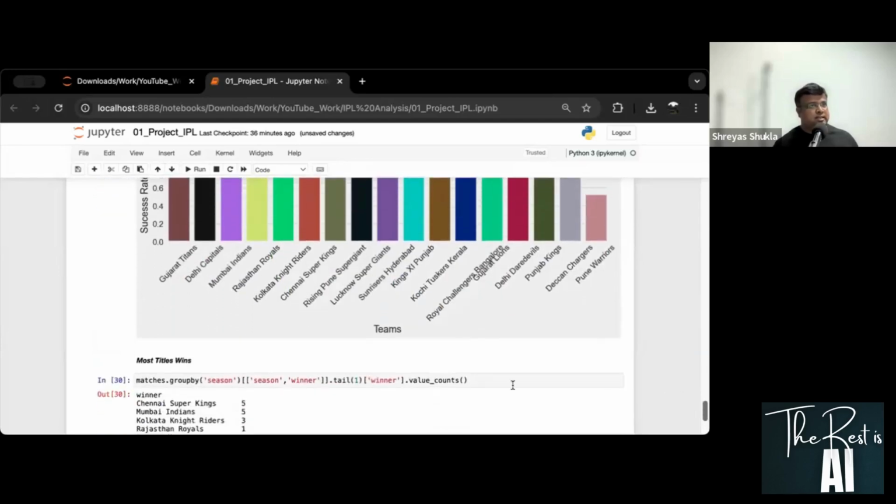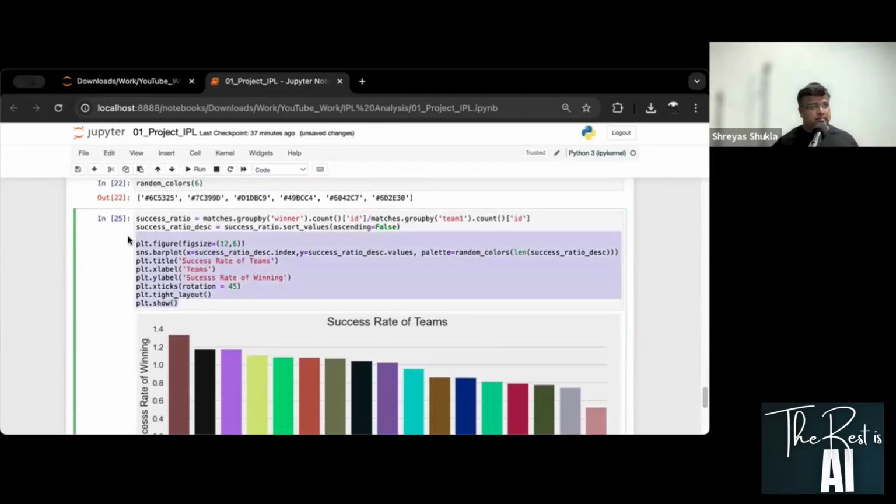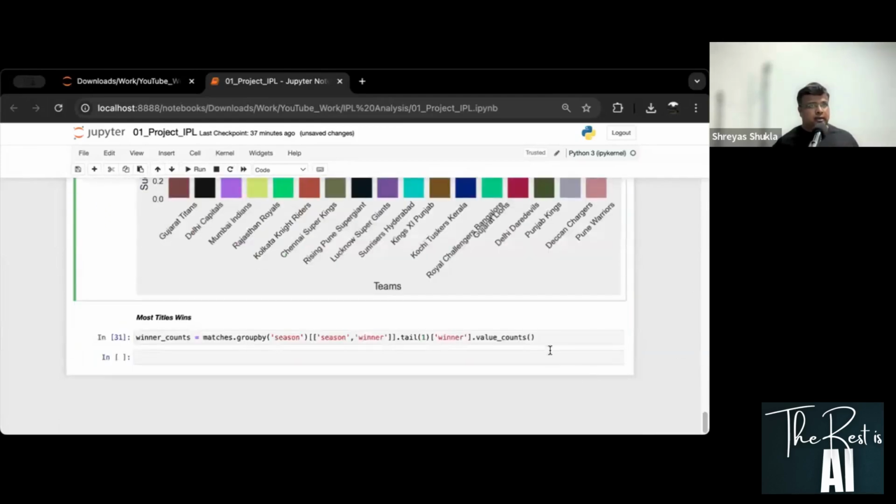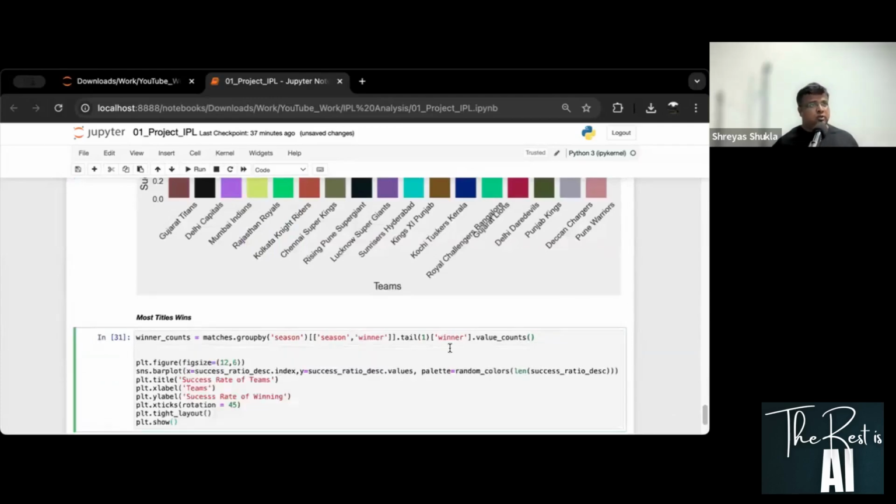There's one difference. I'll assign this to some variable. Let us call this winner counts is equal to this. Then I'll copy this entire thing as it is, and I'll change a few things here. What those few things are? First one is to get this X as winner counts dot index, and this as well winner counts dot values. Rest of things, well, here as well you can put winner counts,